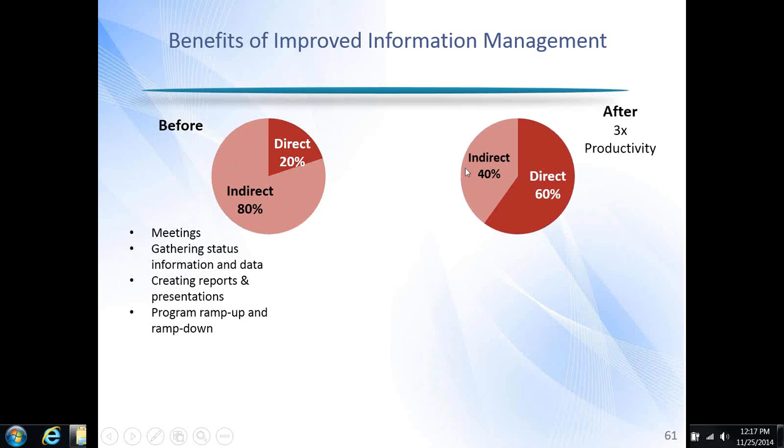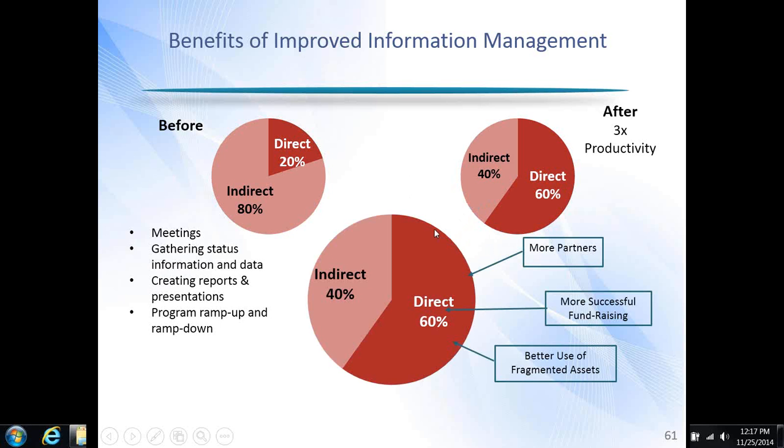And so by using technology, we think that it's reasonable that that slice can be cut in half just by making it more efficient. And if this is your resource pie, suddenly your slice of pie that's devoted to getting stuff done and engaging and working at advancing the issue is 3 times as much, even though you have the same amount of resources. But if you have that greater efficiency, the odds are the resource pie would grow because you would be able to attract and manage more partners who bring in their own resources.